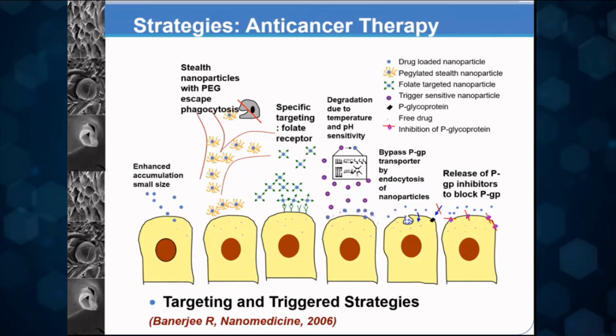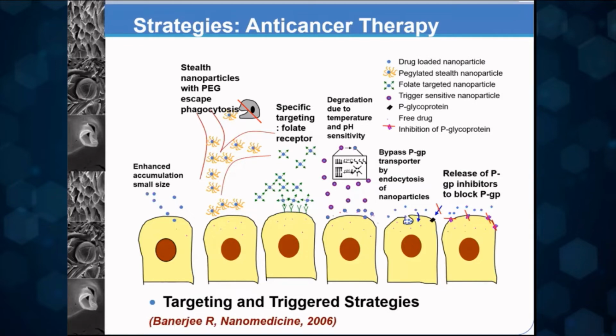So when you use an active targeting moiety, you want to exploit certain receptors which are overexpressed in the disease site. Now, because these would be overexpressed at the disease site, you will have the decoration of the corresponding ligand on your material.